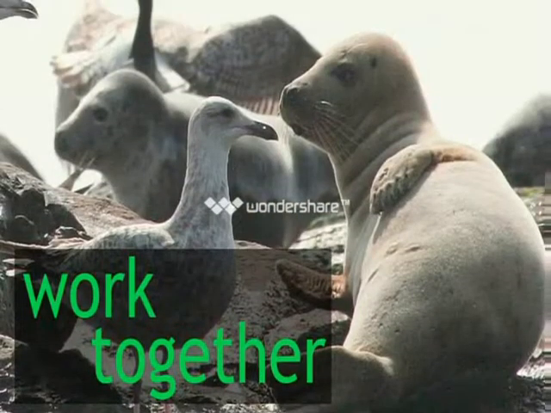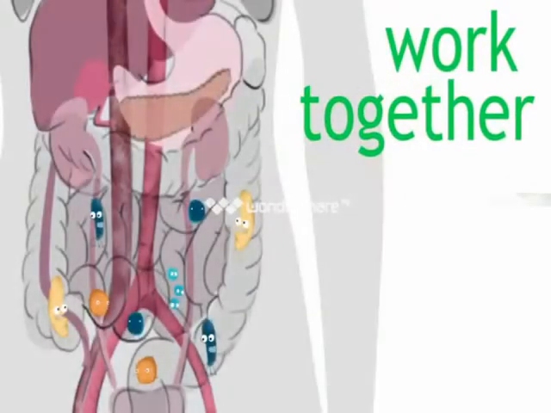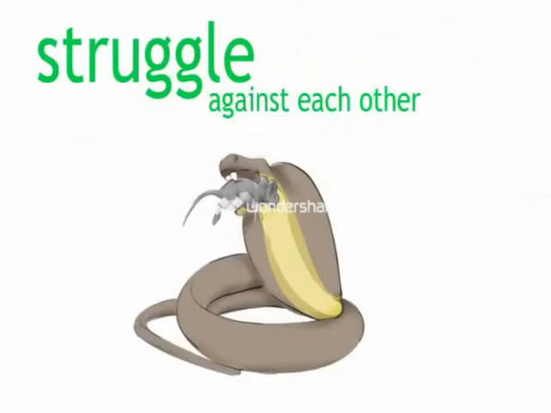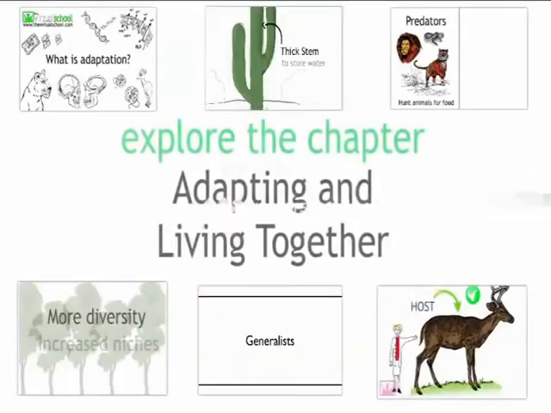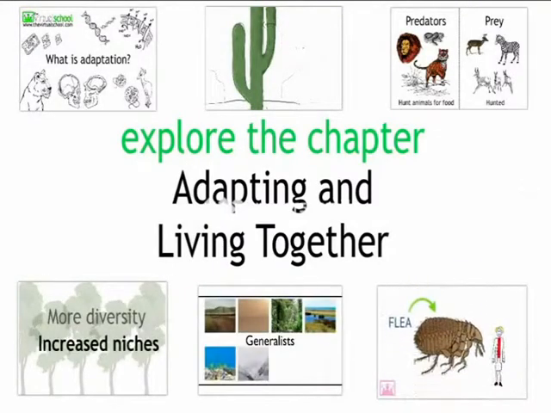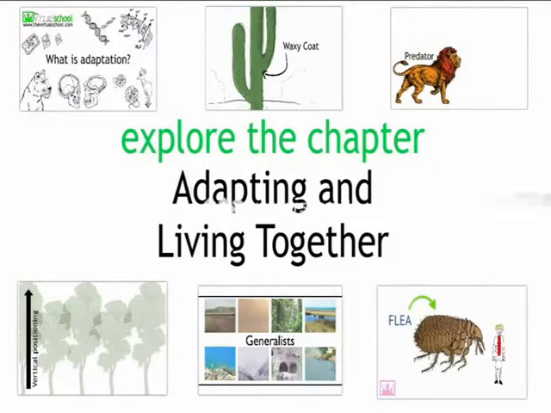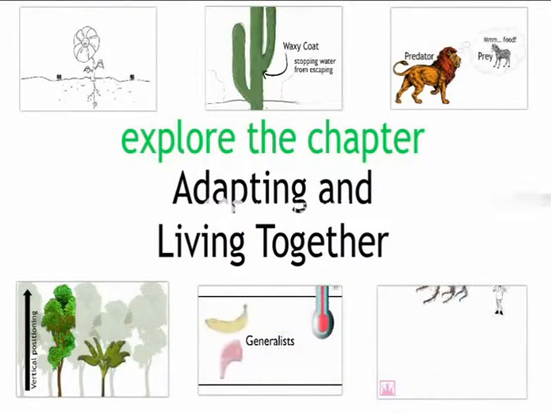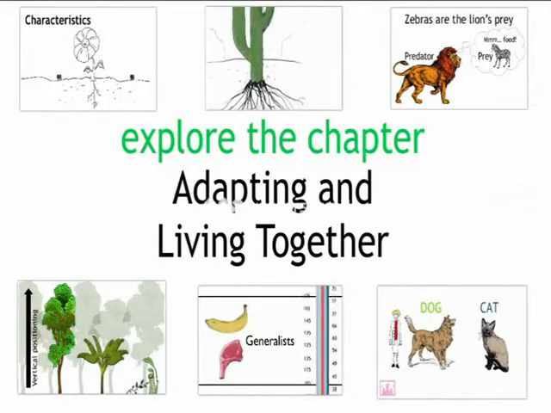Some organisms work together to survive, like the bacteria in our gut that breaks down our food in return for us providing them with a nice place to live. Other organisms are in constant conflict and struggle against each other to survive. Get ready to learn some amazing stories of how different organisms live in some of the craziest places and how they interact with each other in ways that you never imagined.